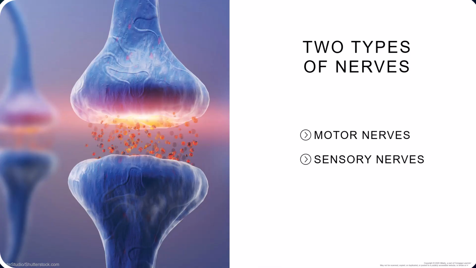Motor nerves, or efferent nerves, as they are also known, are nerve fibers that convey impulses from the brain or spinal cord to the rest of the body, so muscles or even glands, and they are what stimulate our muscles. There's a type of motor nerve called the secretory nerves, and they're motor nerves that are attached to sweat and oil glands, and they are regulating excretion from the sweat glands, and they control the sebum output to the surface